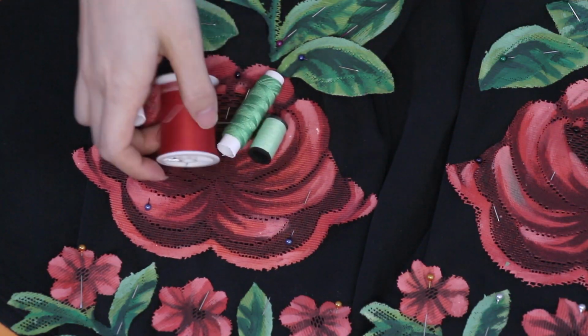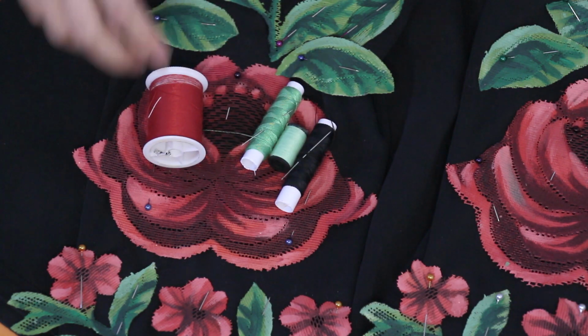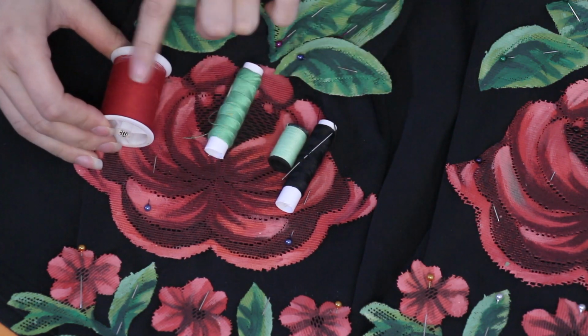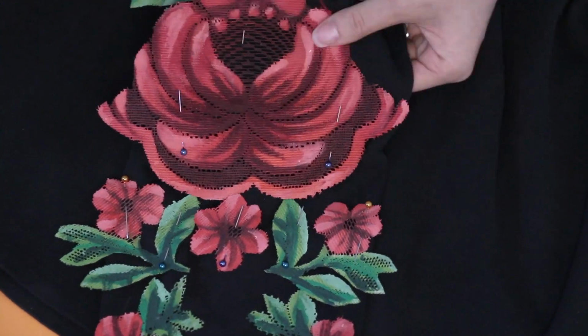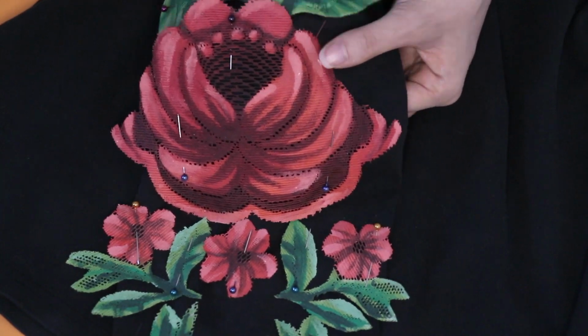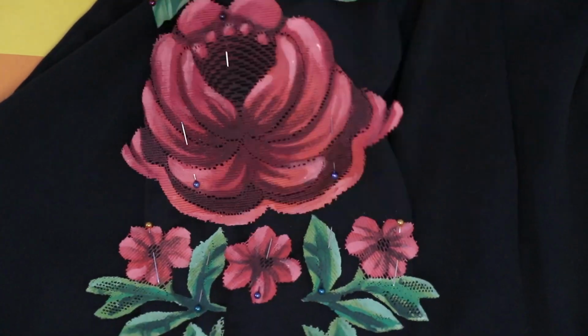And then the hard part is stitching on the flowers, which took a lot longer than I thought it would. I stitched it on with a corresponding color thread. I was going to go in with black and kind of outline some of the details, but after stitching on these flowers and leaves, I was like, this takes a long time. I worked on this sweater for 3 days. Not 3 days straight sitting down, but like I spent a few hours on it, and it could be partly